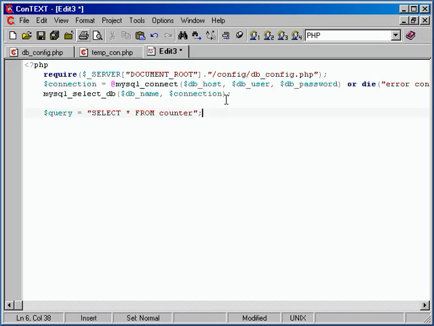So we've got the query stored. Now we're going to run the function, but this is another function we'll need to store its output from. We're going to run a mysql_query function inside of PHP, and that's going to return back everything that the MySQL monitor would normally just print on the screen. So we're going to need to have another variable to store this. So we're going to do $result, which is what will store the result of the query we run, equals mysql_query. And query takes in a query and what connection to use. So in this case, the query we've already got stored in this variable. So $query, comma, $